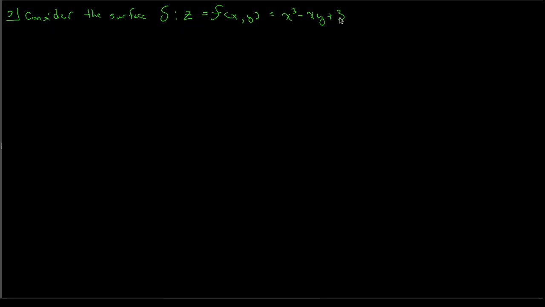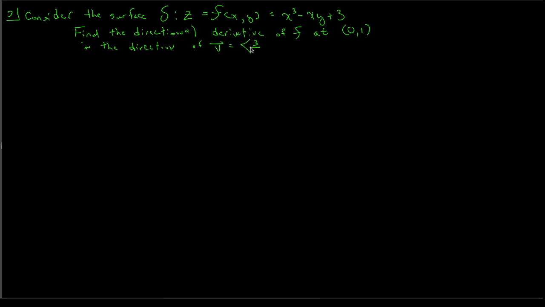And the first thing we want to do is find the directional derivative at the point (0, 1) in the direction of vector v